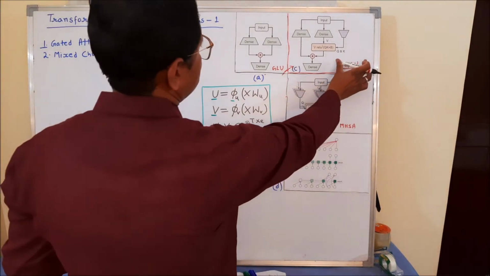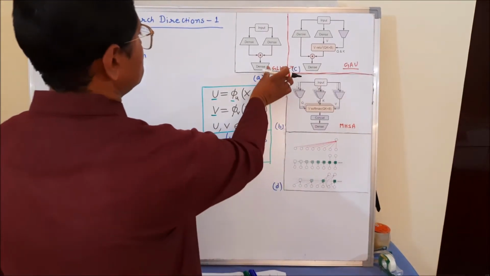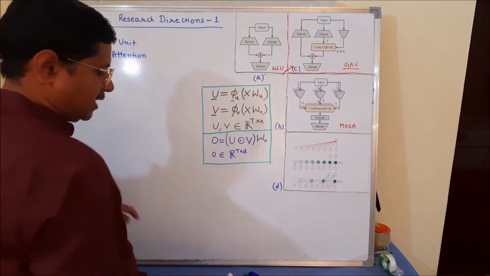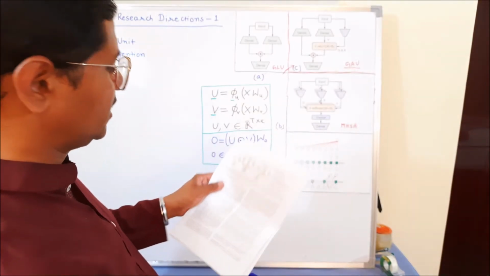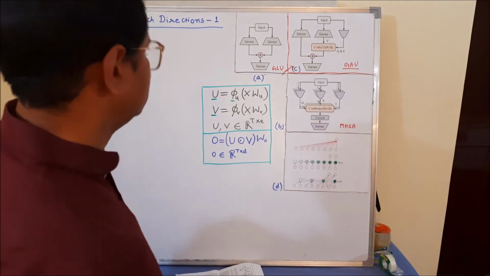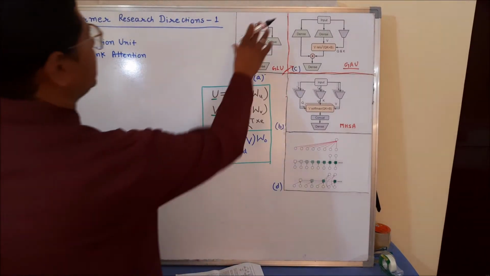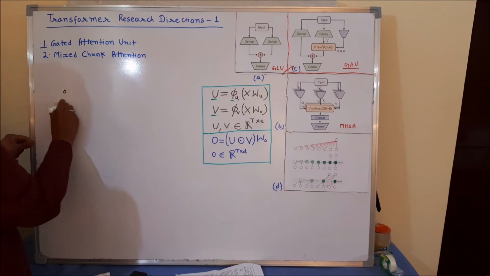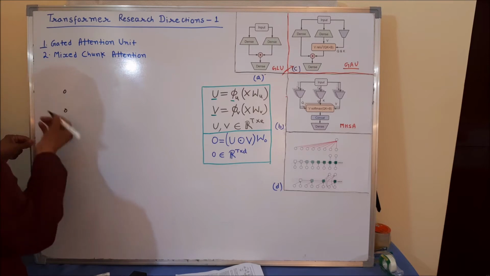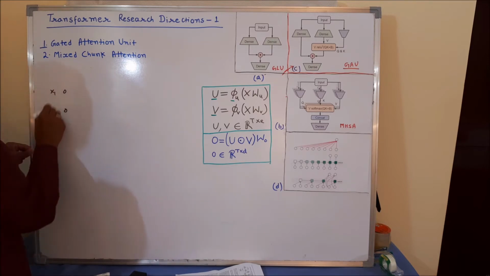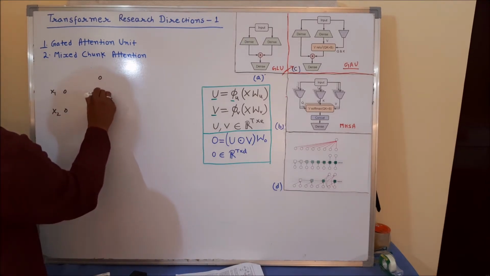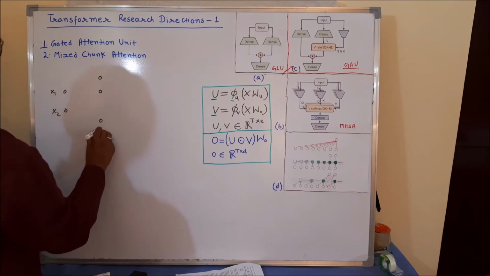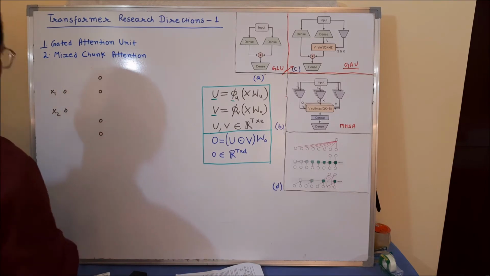Now, to understand the concept of gated attention unit, we have to go through the concept of gated linear unit. Actually, in this paper, authors have taken the reference of Shazeer 2020 for gated linear unit. So we will go through that paper's references, like how they had explained the gated linear unit. So suppose we have some input like that. I have just taken two inputs, x1 and x2, and then I have two dense layer ANNs here. Now